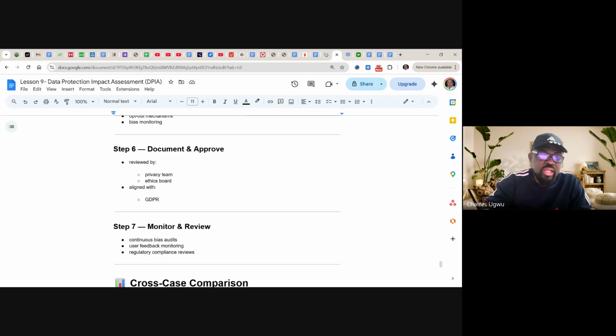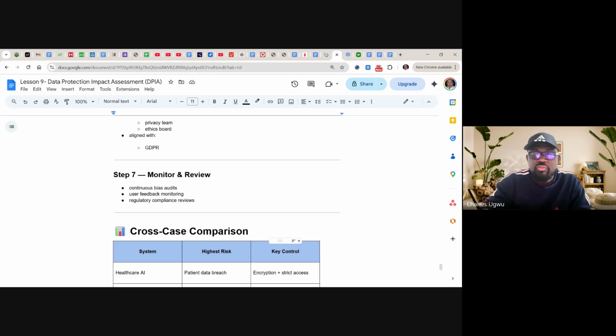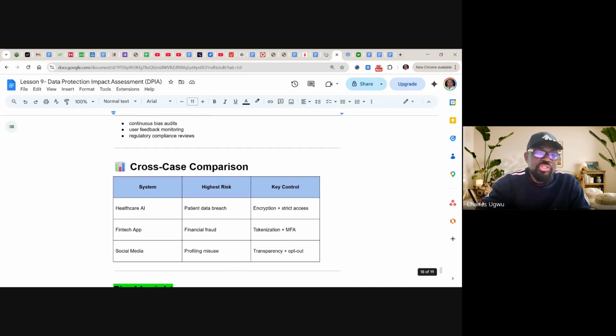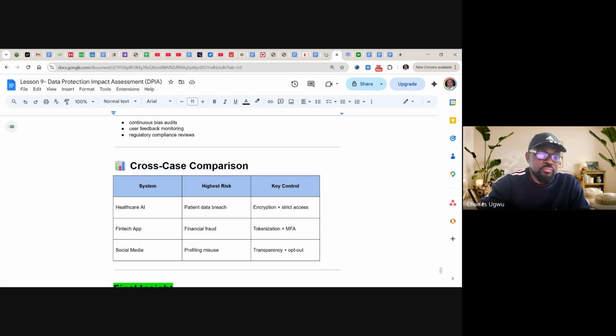So you see, we've carried out data protection impact assessment under 3 industries now. 3 powerful, well-known industries. If you know how to carry out a data protection impact assessment on financial industries, you can do that in the social media industry, you can do that in the healthcare industry, you are powerful. So that's it. So cross-case comparison